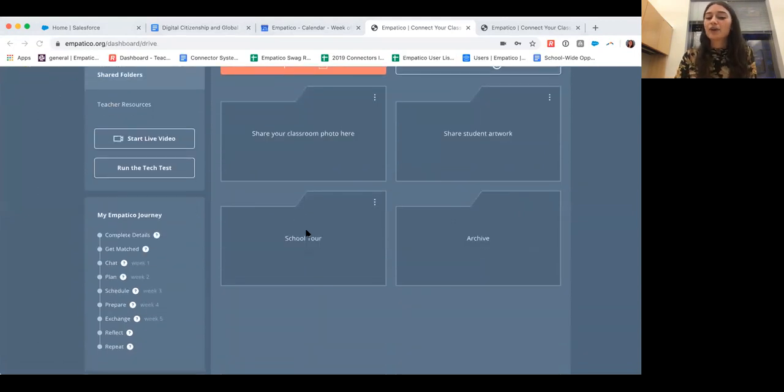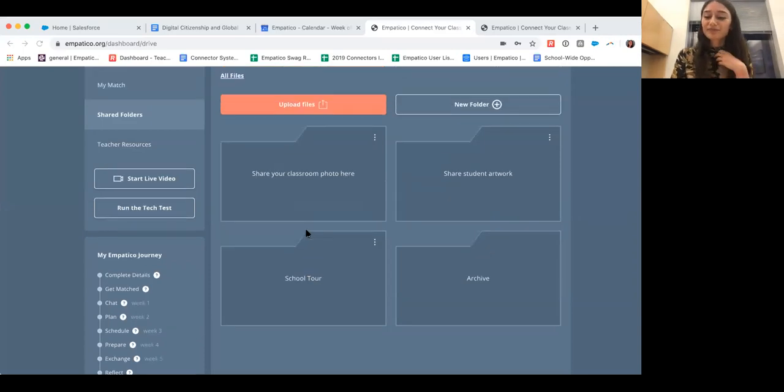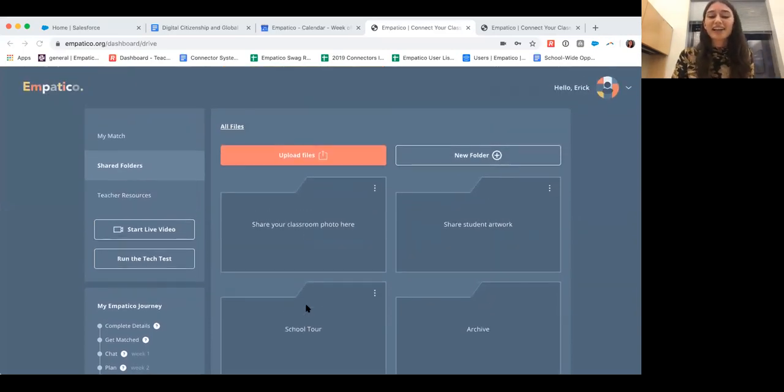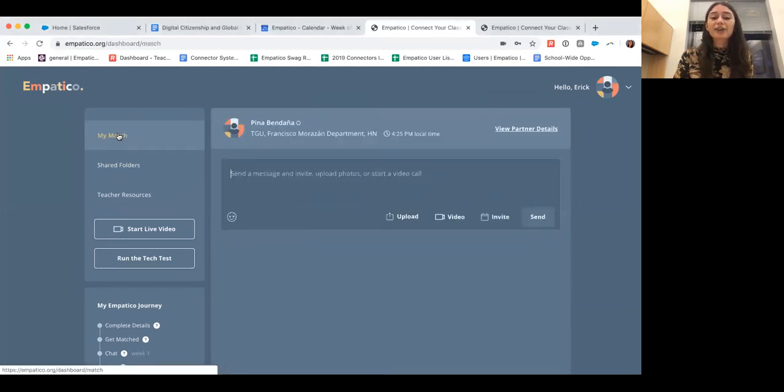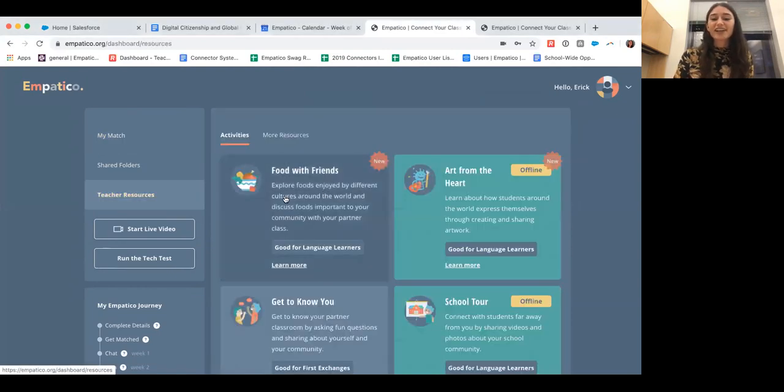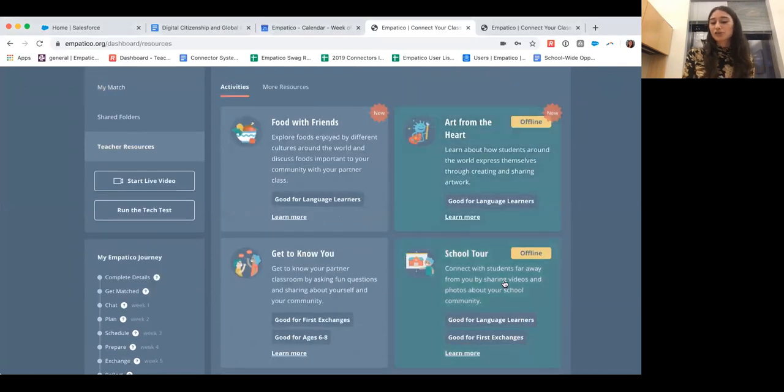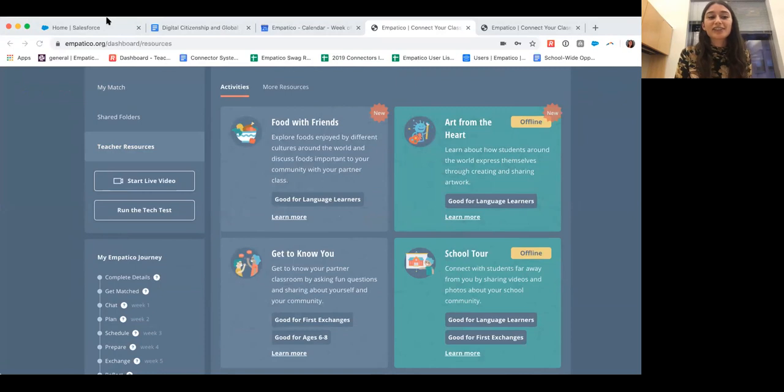That oftentimes is the more common exchange platform or type of exchange. And we do have 2 activities that are specifically designed for asynchronous exchanges. Those are Art from the Heart and School Tour. And that is just a product of us realizing that some classrooms were having issues connecting synchronously due to connectivity access. So in order to make it a more accessible tool, we have these offline exchange guides as well.